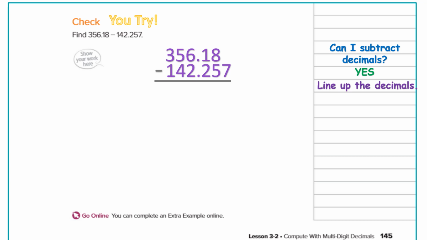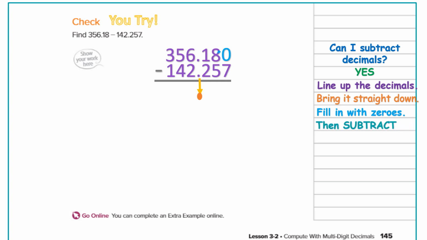I line up my second one, and then I know I need to bring my decimal down. And I'm going to fill in with zeros because that's the third step. And then, oh yeah, now I subtract. And I have 0 and I can't take 7 from it, so then I'm going to borrow. And hopefully you got, well, borrowing from 8 is a 7, and I carry over my 1, and 1 and 0 makes 10, so 10 minus 7 is 3, and 7 minus 5 is 2, and